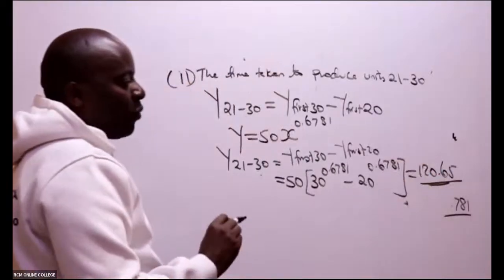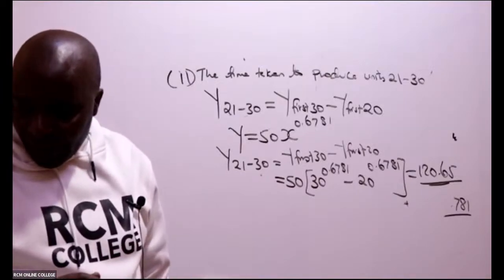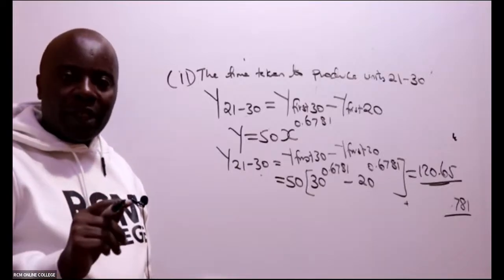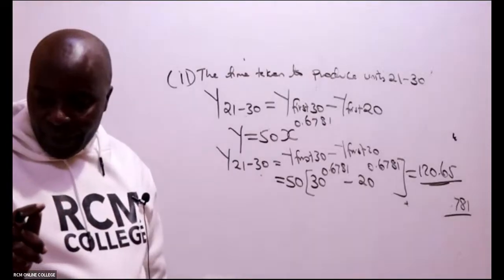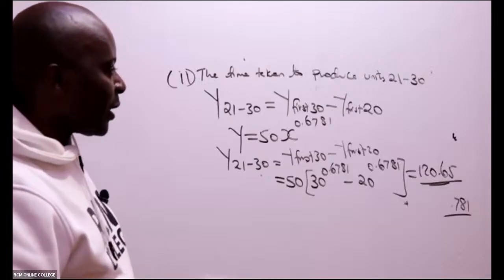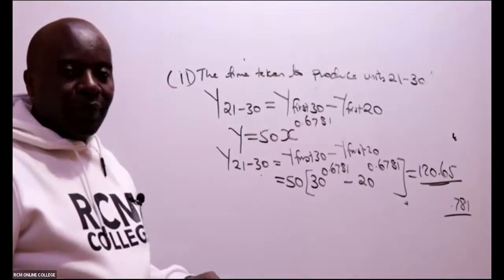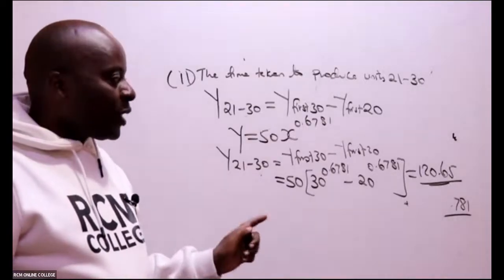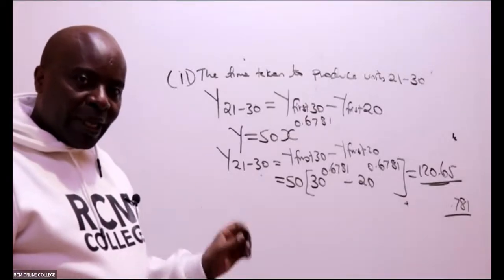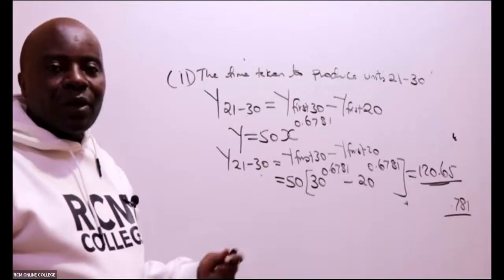120.65. Allow me to pick the student who is lost a little bit here. A is constant, yes. Thank you for asking that. A is always constant. It's applicable across. For me to be able to assist this student who has just asked a question, I would first of all recommend that you write up to where we have reached. Once you write up to where we have reached, I'll be able to give you another example that is similar to this, which will help you come to terms with what I'm discussing.